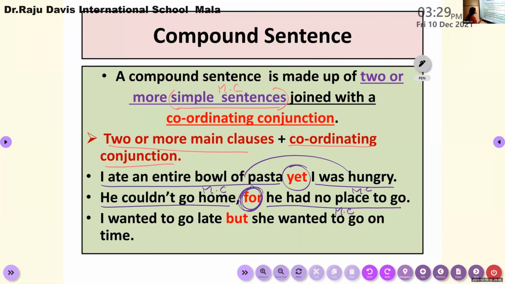So here the sentence is also an example of a compound sentence, because you can see a coordinating conjunction is used to connect two clauses of equal rank. That means two main clauses are connected to each other with the support of a coordinating conjunction. Such a sentence is an example of a compound sentence. Am I clear? Yes, ma'am. Okay. So you learned simple, complex, compound sentences. Very good.